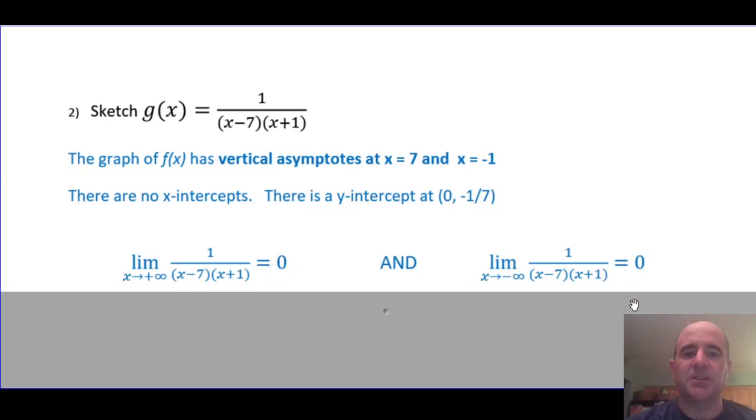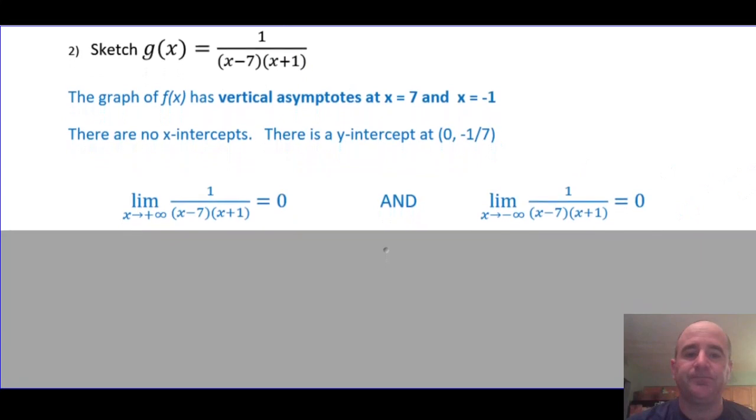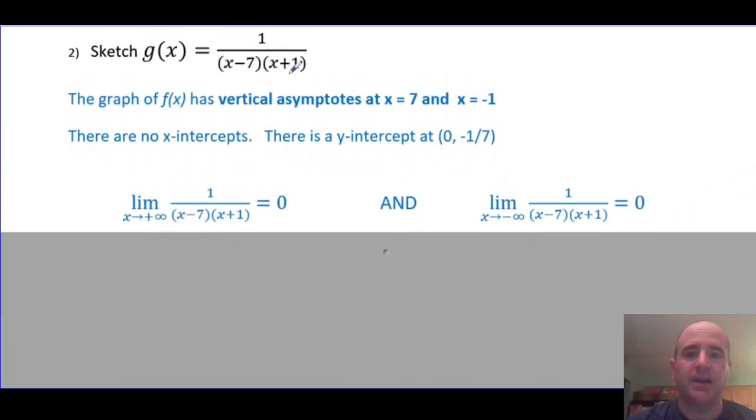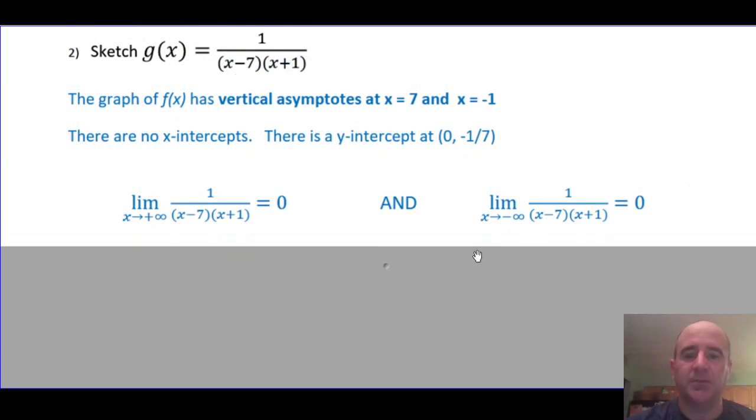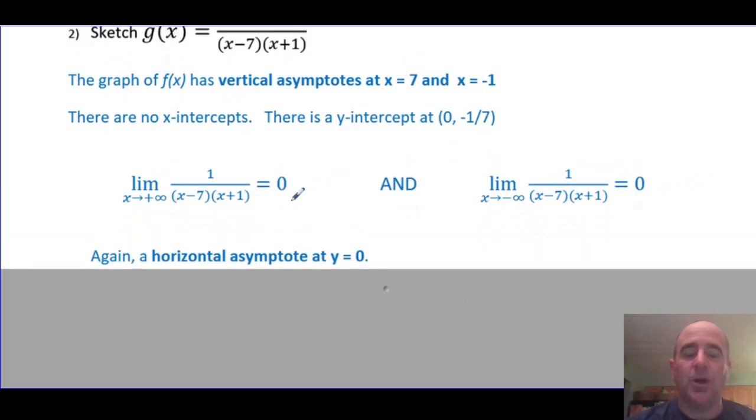Okay, let's look at limits again, and similar to the other example, we are going to have end behavior that approaches 0 because the denominator is a greater degree than the numerator. Or if you wanted to, you could divide everything by, in this case, remember the denominator, although it's factored, it's of degree 2. It has an x squared in it when it's simplified. This tells us again that there's a horizontal asymptote at y equals 0.